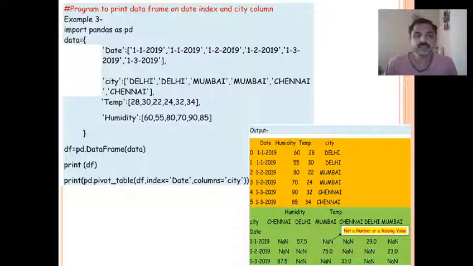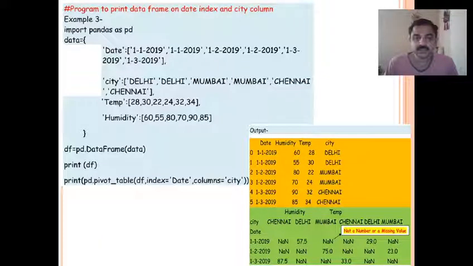Now see this example here. There is a dictionary, and from the dictionary we have created a data frame called df. We have displayed the data frame, which is shown here. Now print pd dot pivot underscore table, df comma index is equal to date, columns is equal to city.